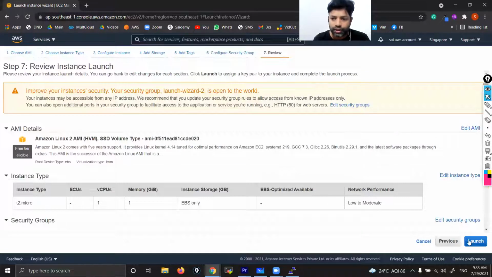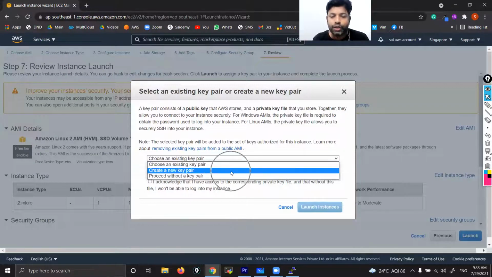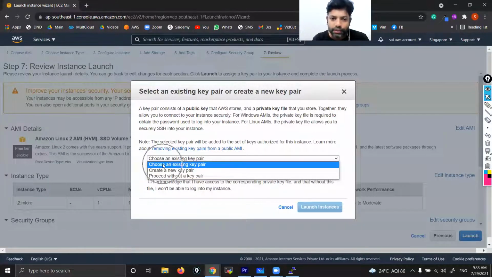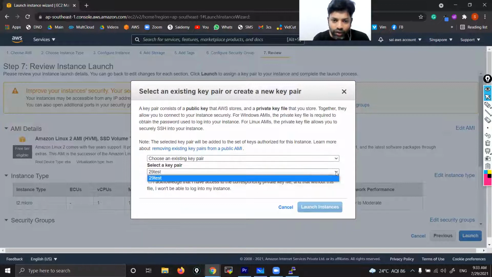Review and launch. While launching, so far we have been selecting create a new key pair, correct? But here we are not going to create a new key pair. We are going to select an existing key pair. Choose an existing key pair. When you choose an existing key pair, you can find all existing key pairs associated with your account.